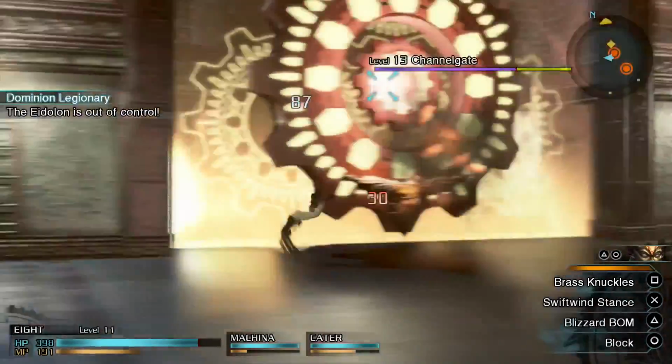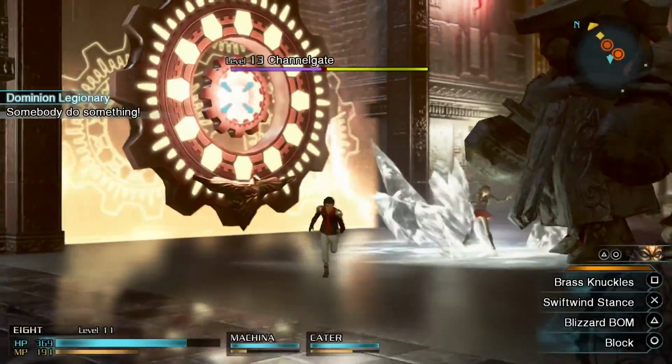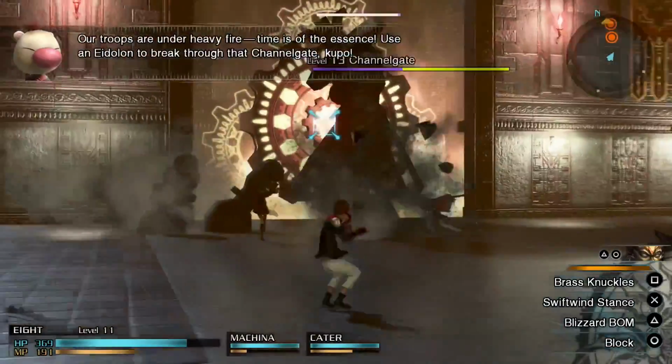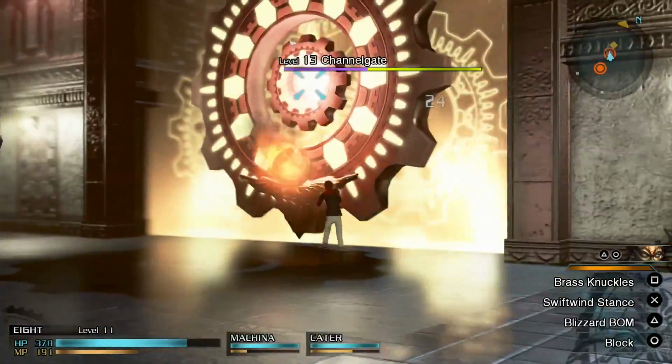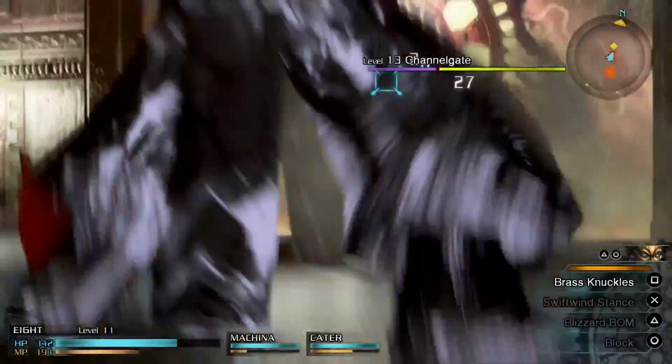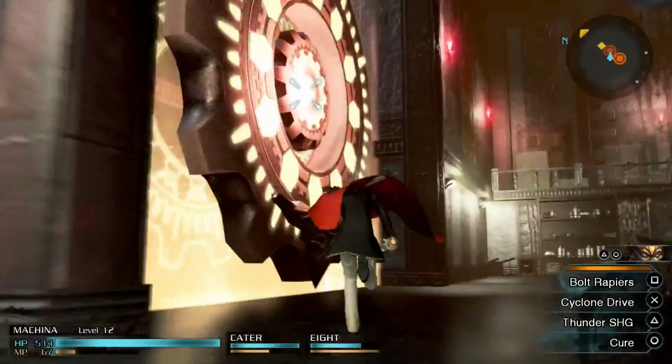Some are long range, some are short range, some are medium range, some are faster, some have better defense. So working out which squads, who works best with who, depending on the situation at hand. Oh, I'm getting beat. Let's swap for Machina. Deciding which team you want to take in